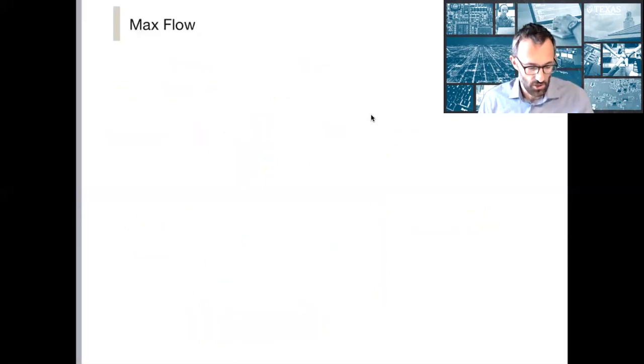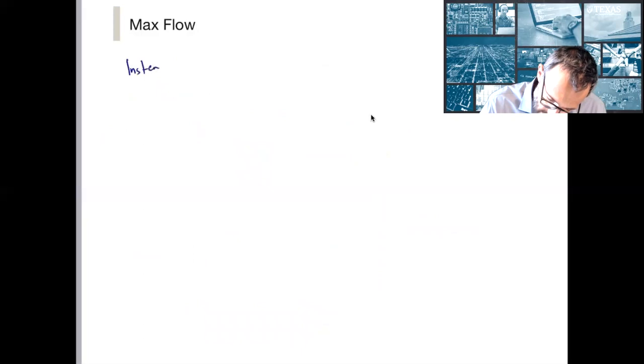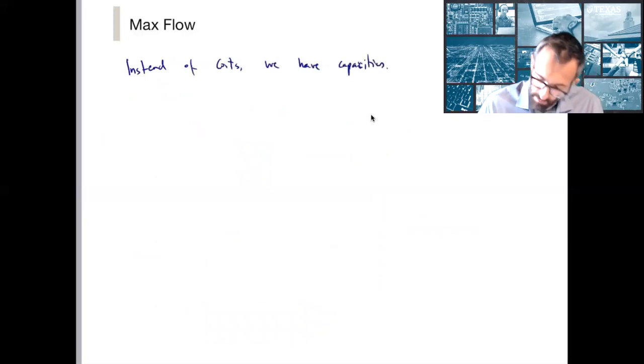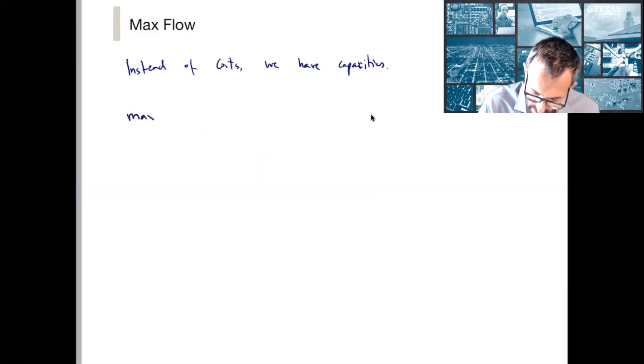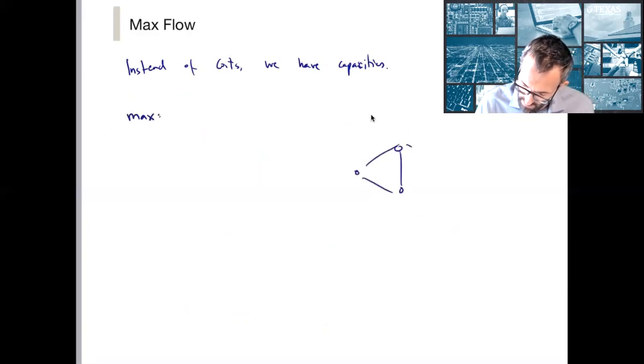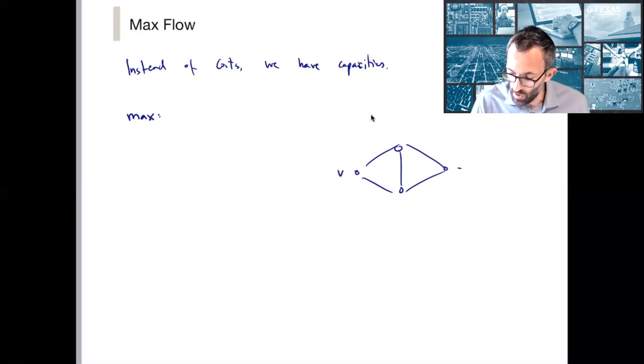And onto the second problem that I mentioned, max flow. Instead of costs, we have capacities. But otherwise, we have flow conservation, and pretty much everything is the same. So what are we trying to maximize? Let me just draw that little network that we had again. Instead of having a unit of 1 and -1 here, supply and demand, this is what we want to maximize. We have no cost, so we're going to have a supply of V, which is also a variable of the optimization, and that's what I want to maximize. So I want to maximize V